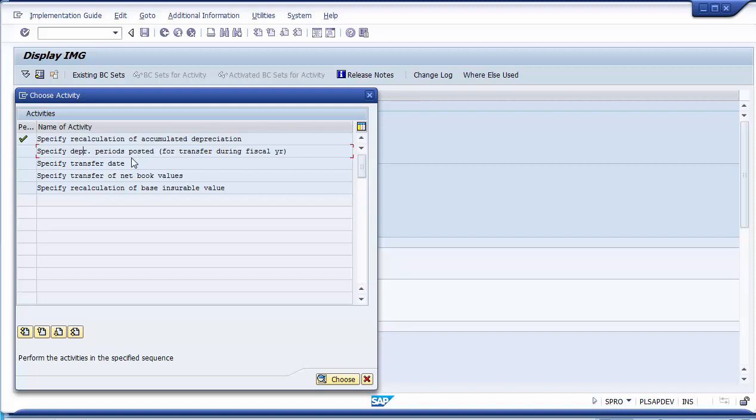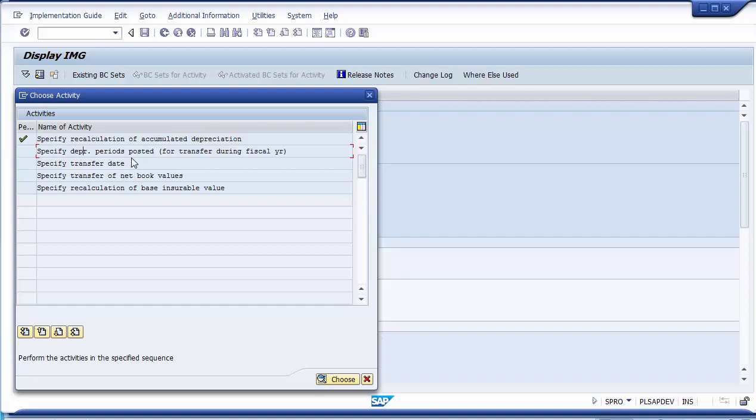In most cases, to be very practical, whenever we go for any implementation project, the go live normally used to be at the starting of the fiscal year, that is 1st of April or maybe 1st of January. But there are a number of different cases where the go live comes up in the middle of the year. So in case there is any such data transfer done from the old system to the SAP system